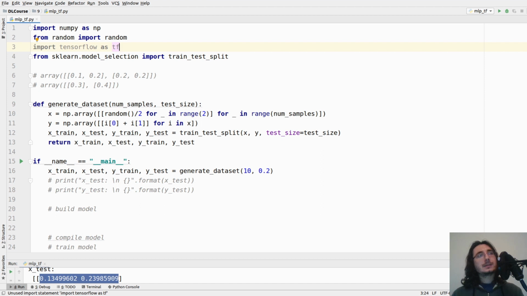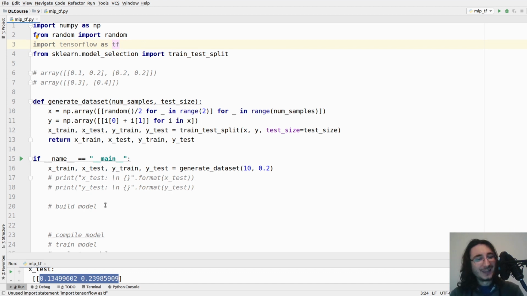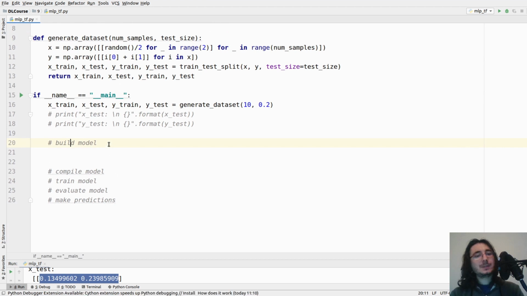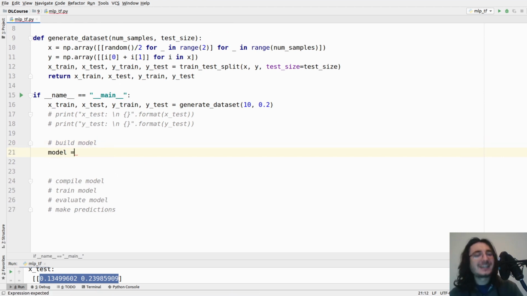If you want to install this CPU version, that's way easier. The GPU one is a little bit trickier, but there's a lot of resources online. So you can just Google them and you'll find that out. Good. Okay, so let's build the model here. So we want a model, which is basically our neural network. And for this, we'll do a